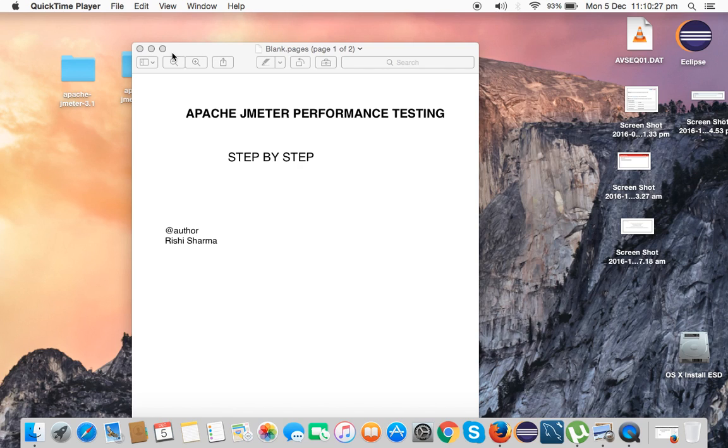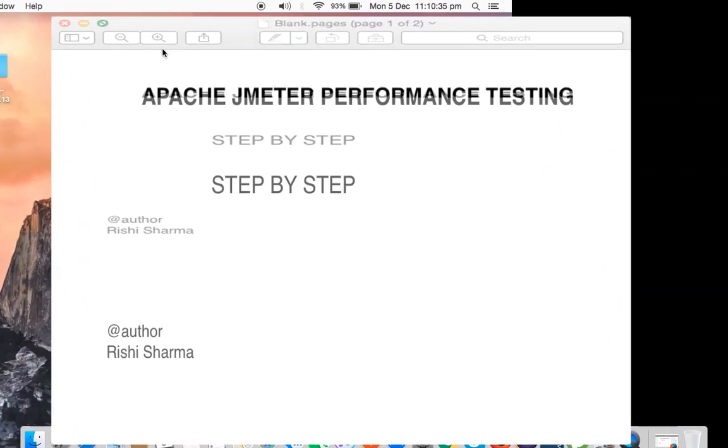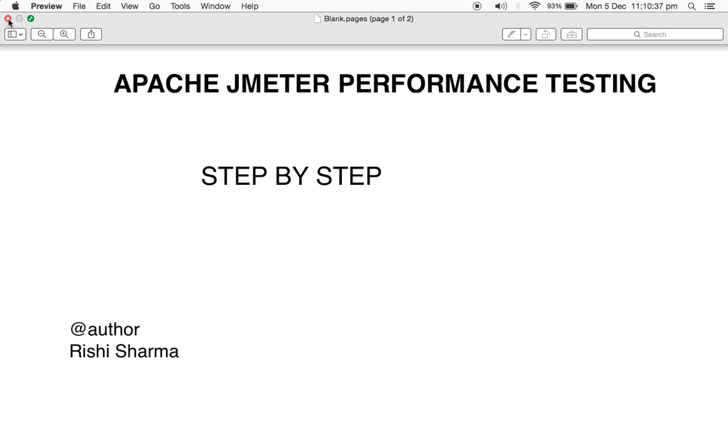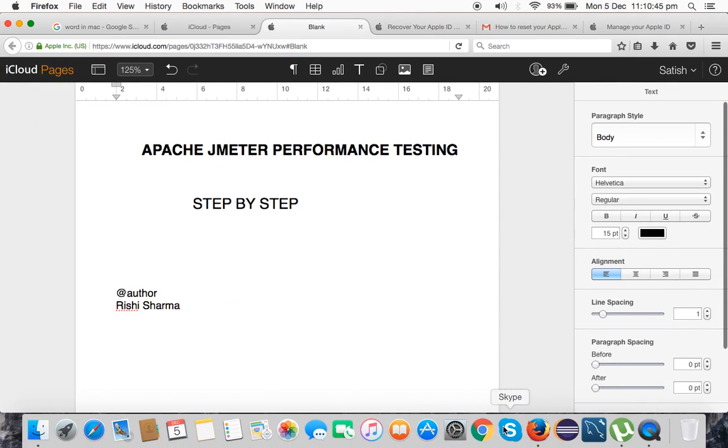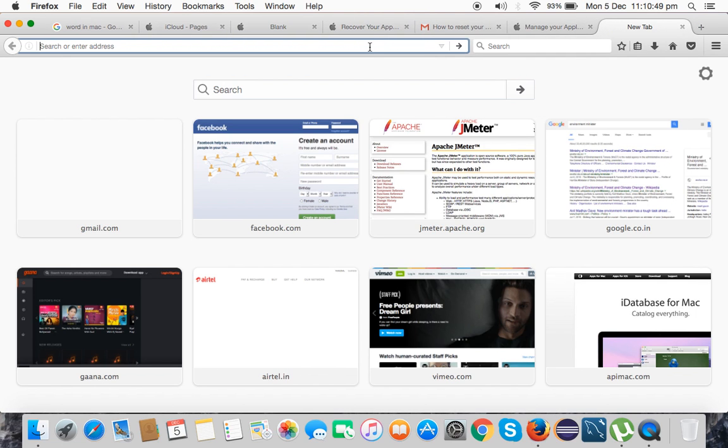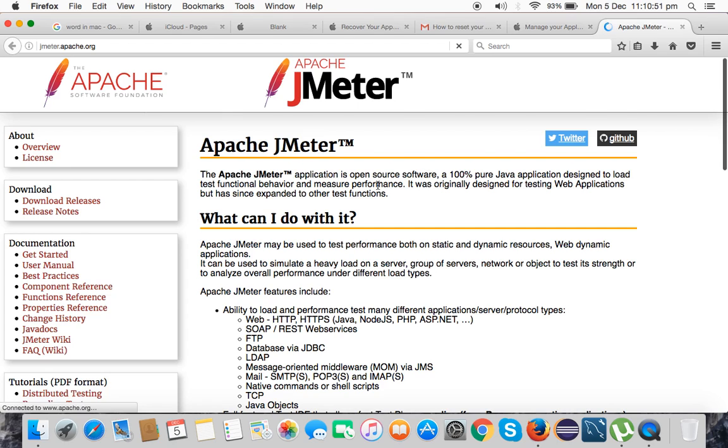Hi, my name is Rishi Sharma, and I'm going to teach you about Apache JMeter performance testing step by step. As you are aware, Apache JMeter is an open source performance testing tool and can be downloaded from jmeter.apache.org. It's one of the best open source performance testing tools available in the market right now. Here's the website of